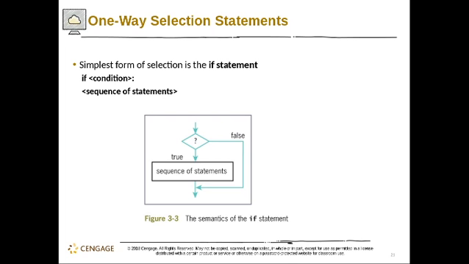But in the simple if statement, you have a sequence of statements that will happen only if the condition is met. If the condition is not met, it will just skip over the sequence of statements in the if.